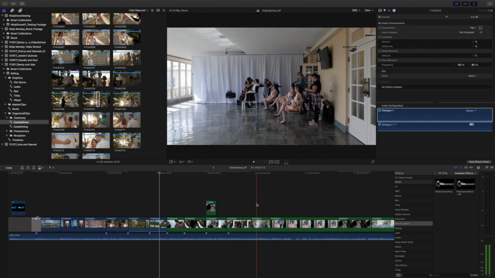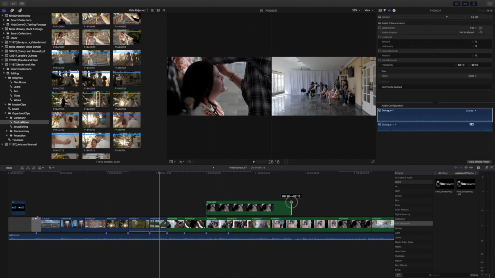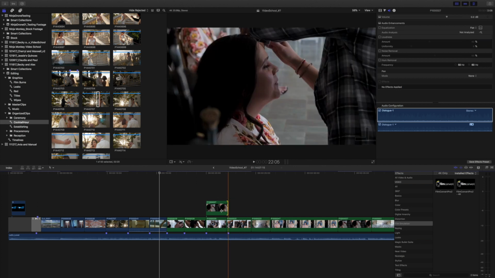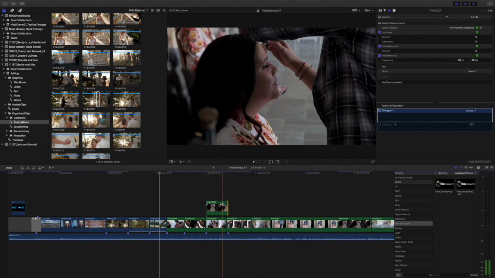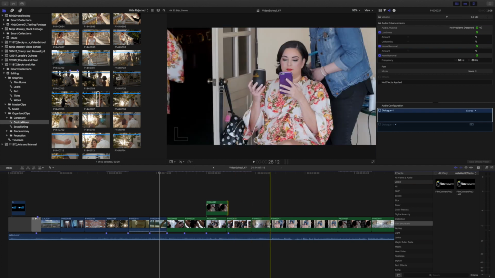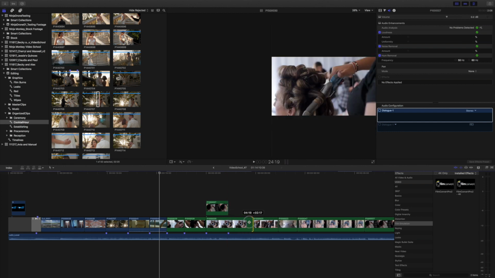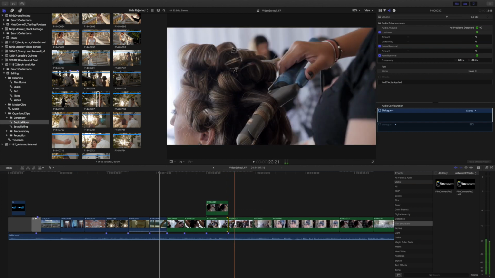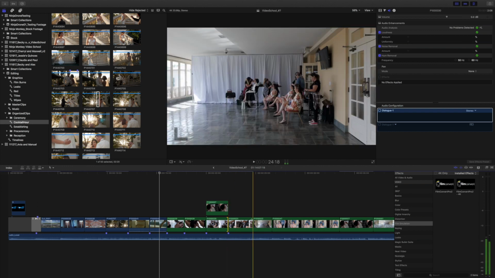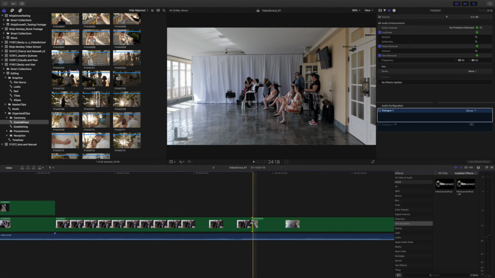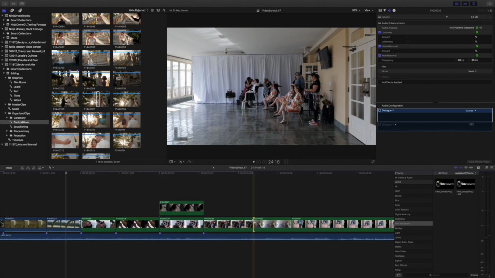Now, when you go past, it won't let you go longer. That's something that, just so you know, Final Cut doesn't let you do. I wanted to show you that. It only works that way if there's only one clip, but it really doesn't work that way to make it go longer. It's more to go shorter in the beginning and the end to cut them down. If you want them to go longer, usually you have to drag them, or you can select on the edit point that you're on. You see how right here you can see the beginning and the end. We'll go in a little bit closer. I mean, it really doesn't let you see it any closer, but in the beginning and the end,